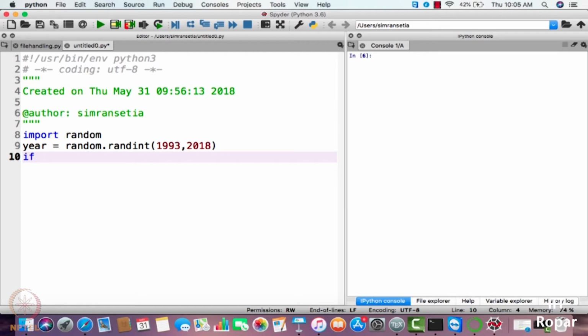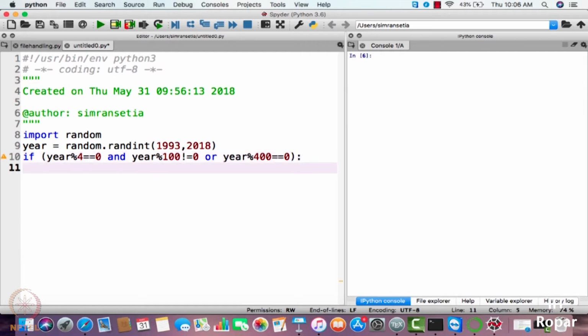So first of all, I'll say if year percent 4 is equal to 0, okay, and year percent 100 is not equal to 0, then I'll use or here, or year percent 400 is equal to 0. This is according to the pseudocode that I just now explained.